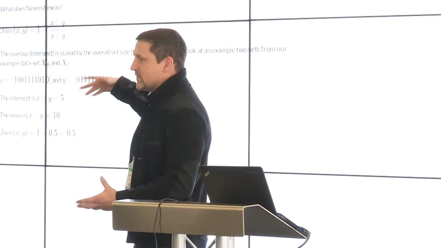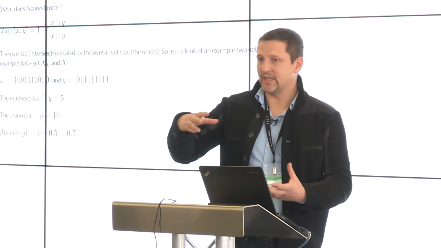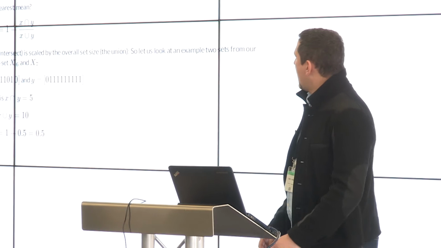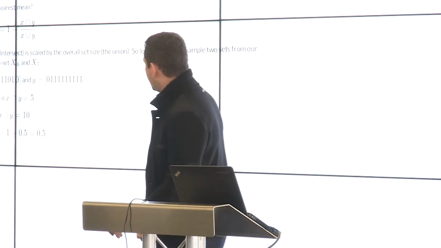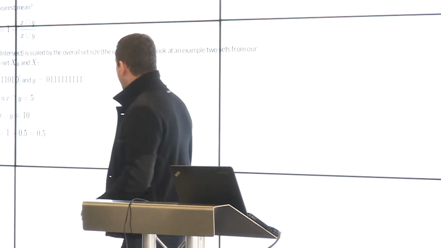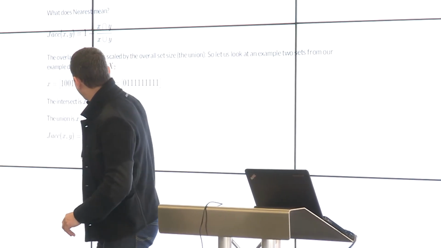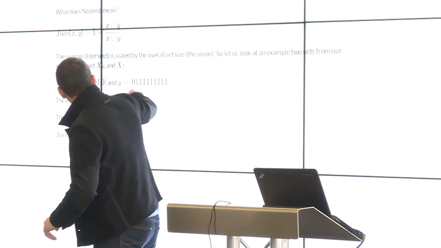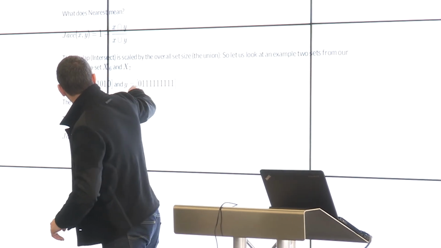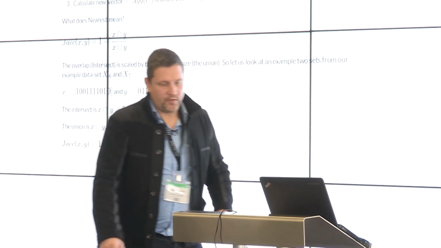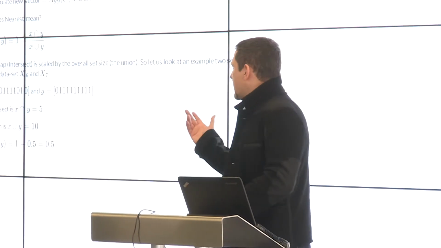Underlying this is the concept of distance, of things being together, and being able to figure out what distance between things means. I've just taken a simple Jaccard distance measurement here. If anybody's ever touched it, it's 1 minus the intersection over the union. So in this case, we've got 10 as the union, and intersections of 5 ones. So that's the Jaccard measure. You can use arbitrary measures.